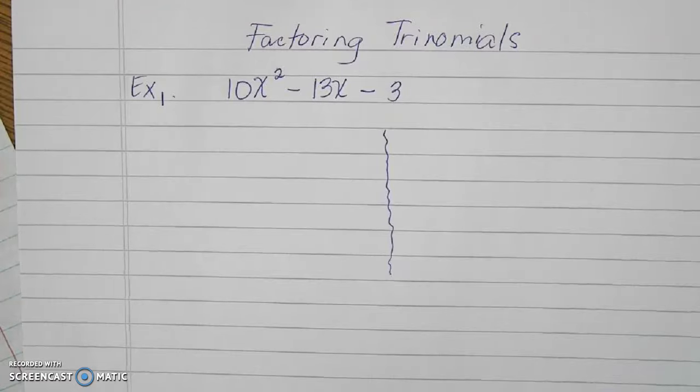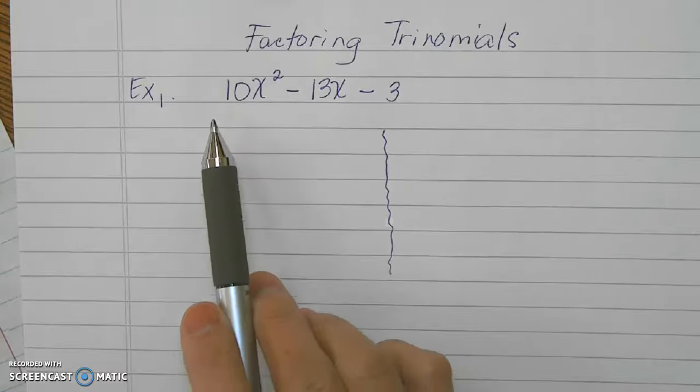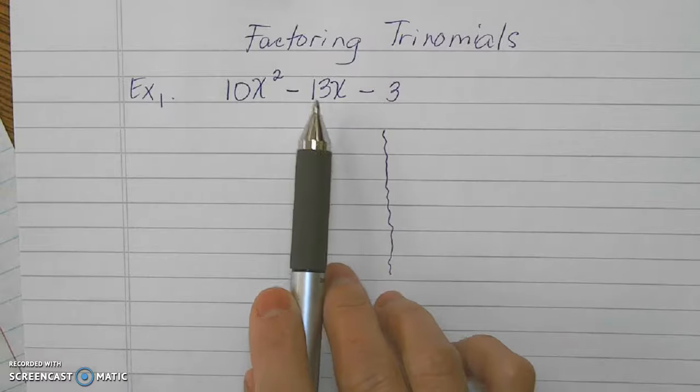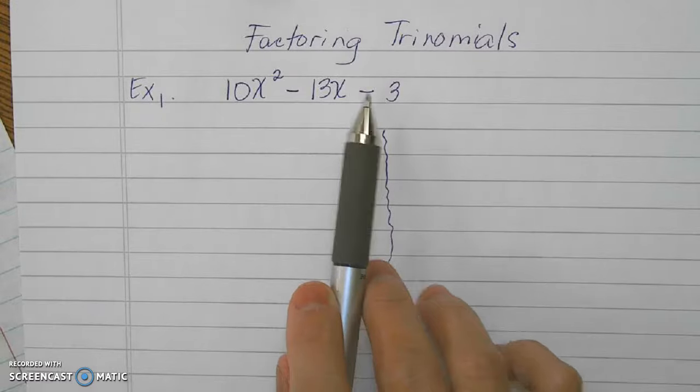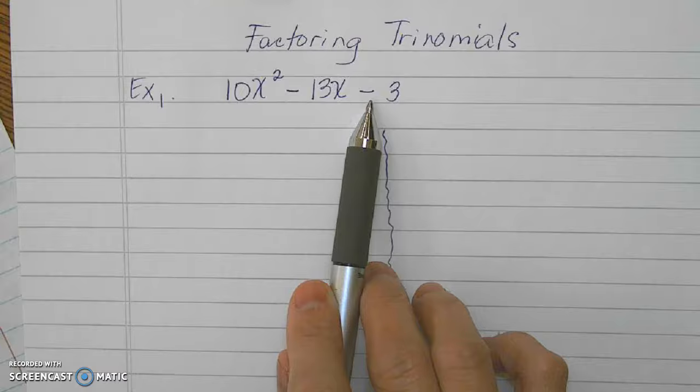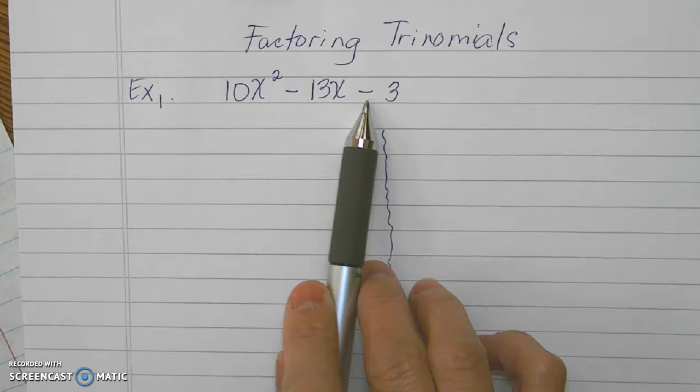Today we're going to be discussing factoring trinomials. This is a special kind of factoring because we will just be dealing with polynomials that have three terms. So if you're given, for example, 10x squared minus 13x minus 3, the first step you're going to make is